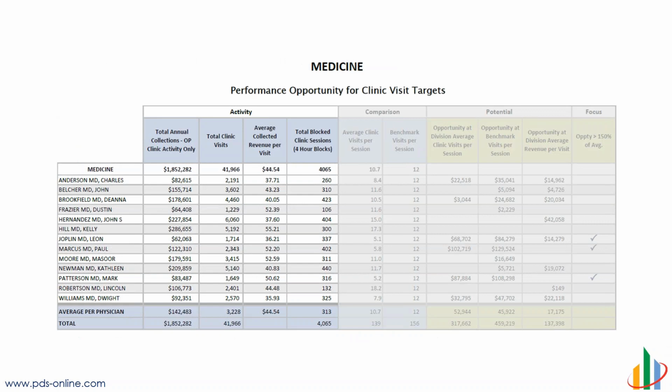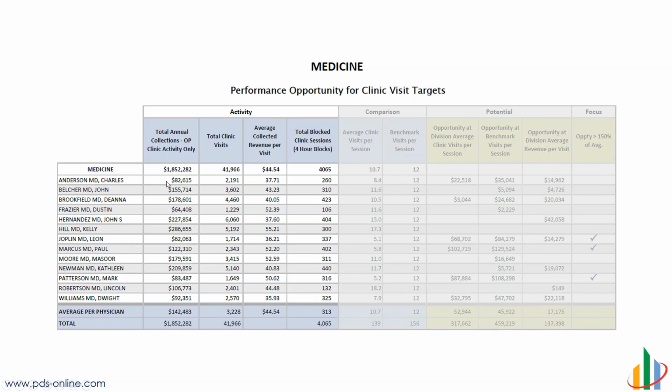So let's take a quick look at a visualization that does incorporate benchmarks. This is a model that we call performance opportunity visualizations. And what we're trying to do here is leverage the known and utilize a comparison to model what really could happen. So what you're seeing here is we can look at individual providers within a department, and